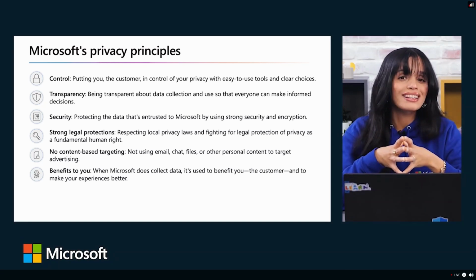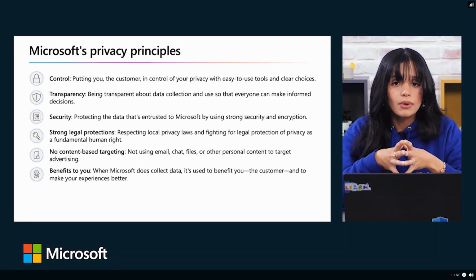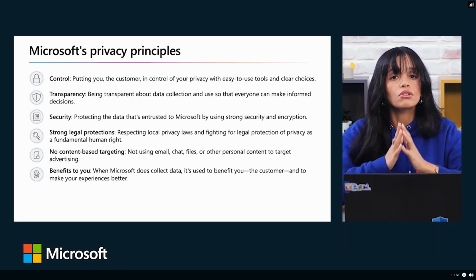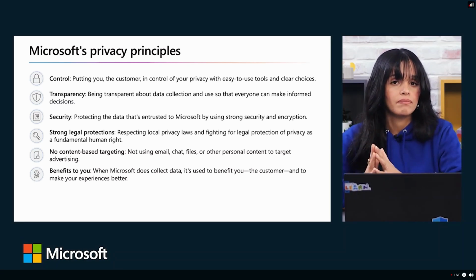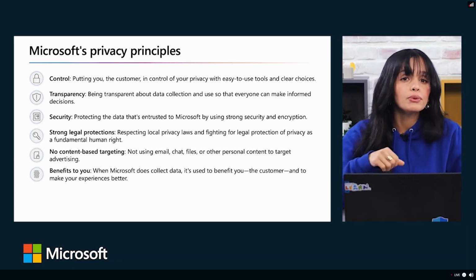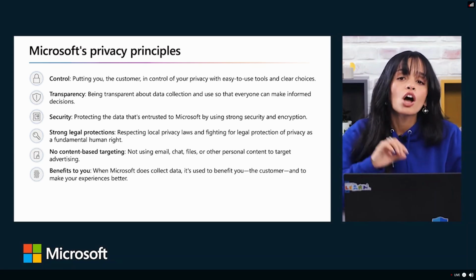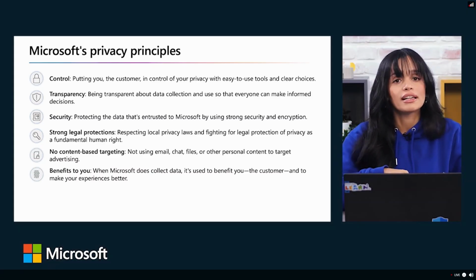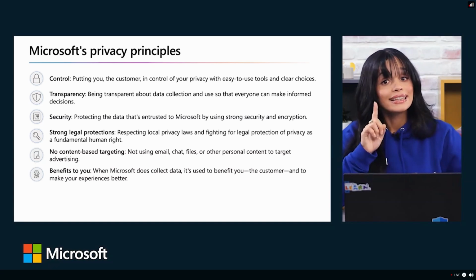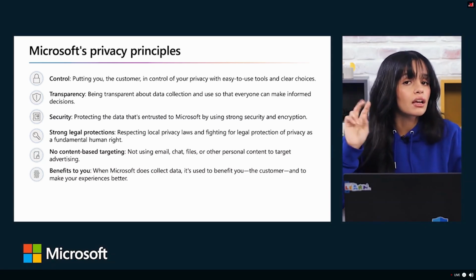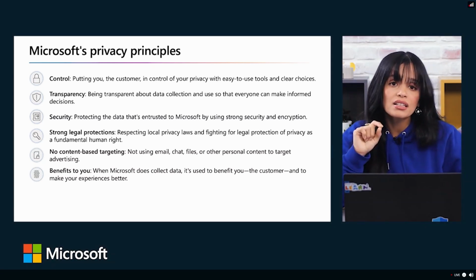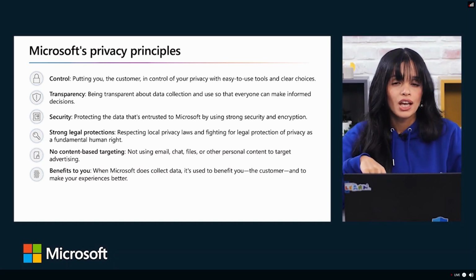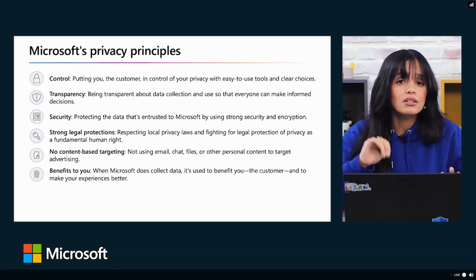First, you are in control. As a customer, you will always have full control over your privacy. And you have tools to help you make the best choice for you and your organization. And this leads directly to the second one, the principle of transparency. We'll always tell you what data is collected,